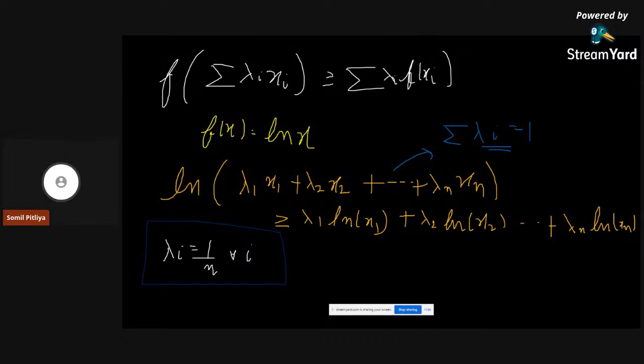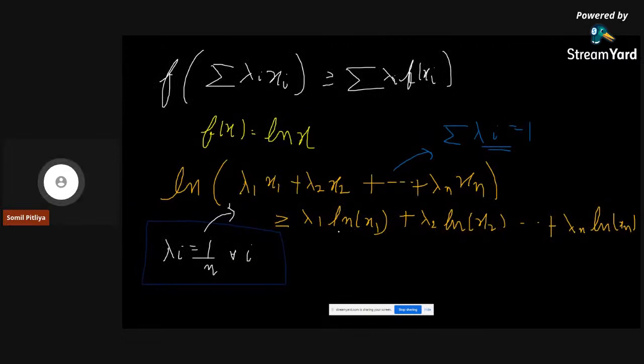But this is not satisfying, so I have put all lambda i equal to 1 upon n. So lambda 1 plus lambda 2 till lambda n will be n upon n, which is 1. Okay, so let's substitute that value here. When I substitute all lambda i equal to 1 upon n, the following inequality is what I will get: ln of